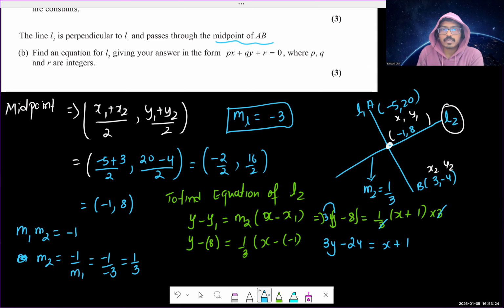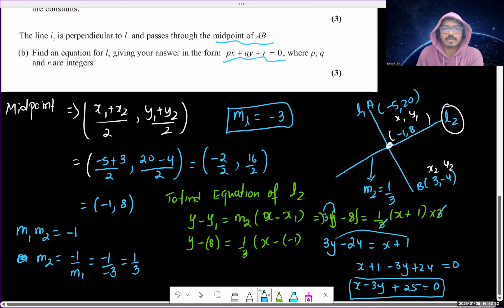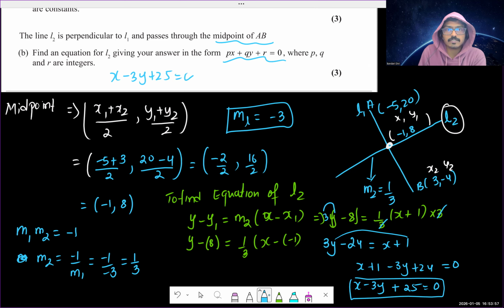And then we need to write our equation in the form of x, y and constants. So I will write x plus 1 minus 3y plus 24, because I'm going to take everything to the other side, which is equivalent to 0. So now x minus 3y plus 24 plus 1, which is 25, equivalent to 0. So our answer would be x minus 3y plus 25 equivalent to 0. So this will be our answer for question number 1, part